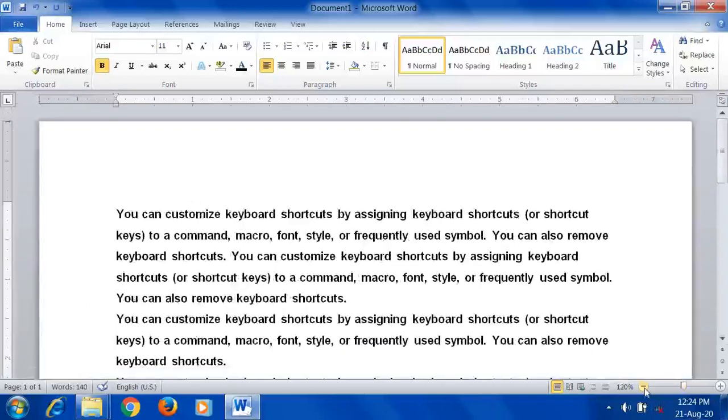Now the point is selecting a single word. If you want to select any single word, just double click on that word and it gets selected. Then sentence.